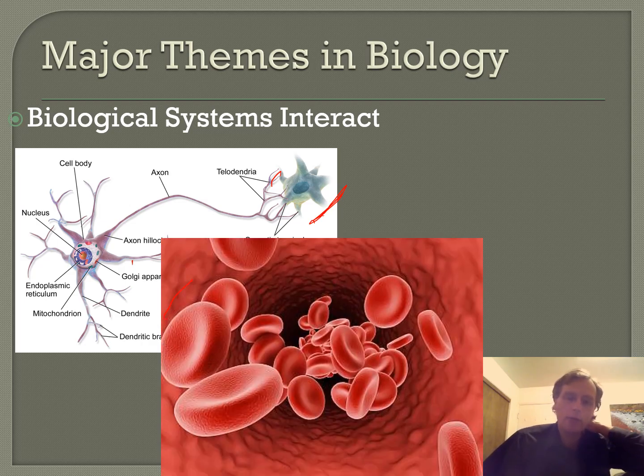Here we have red blood cells flowing through a blood vessel, and they're carrying some oxygen, and they are going to interact with the surrounding tissues. When they get to a low oxygen environment, they are triggered to release their oxygen. They are interacting with their surroundings, which happens to be part of the living system.